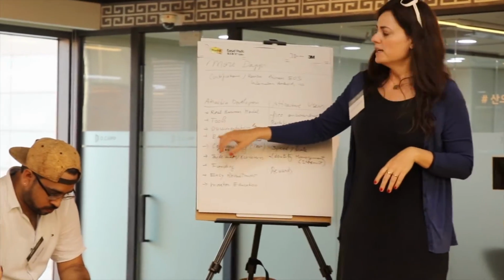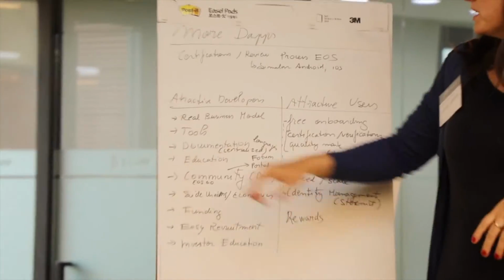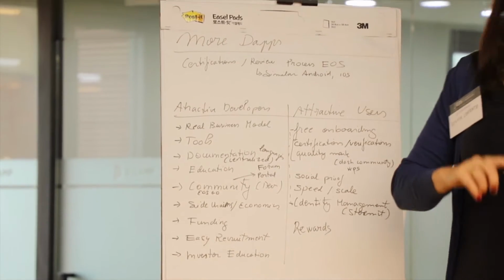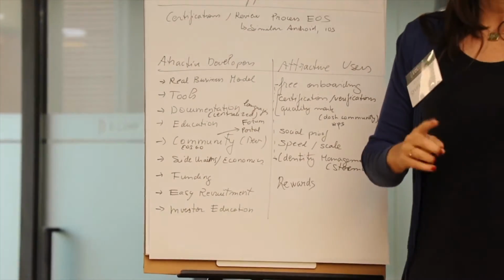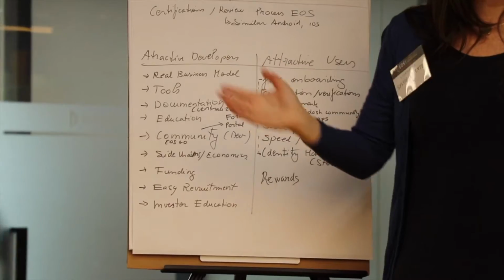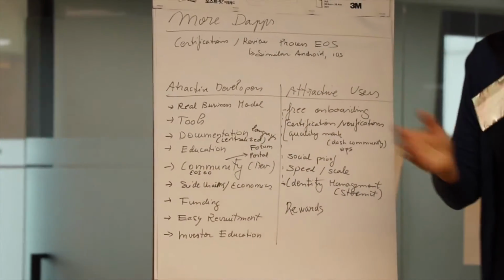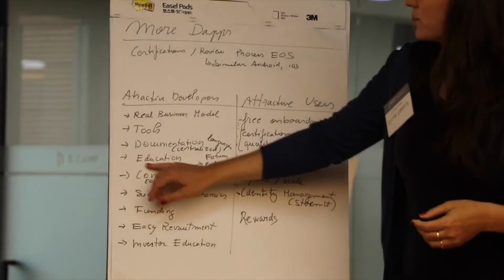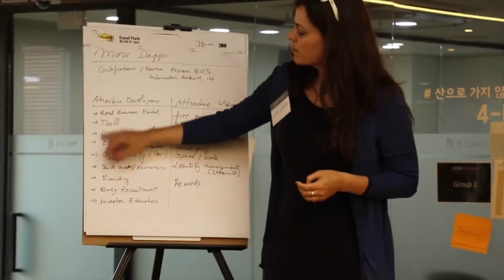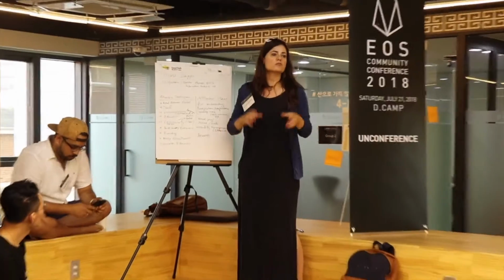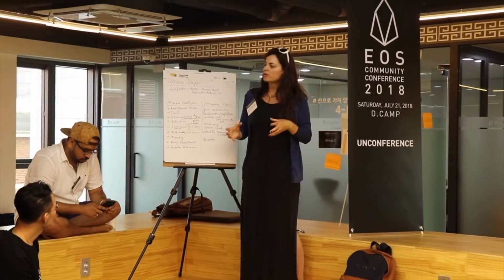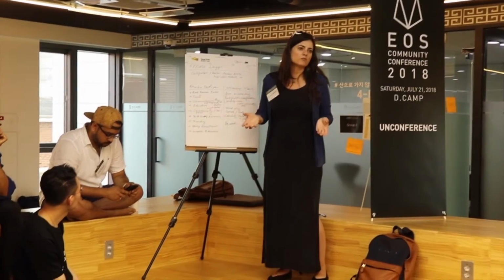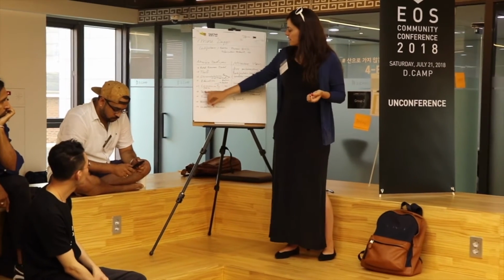They need tools as well to make it easier to make apps. Documentation, centralized and translated in different languages, is now a real big issue because everything is super scattered in different GitHubs and partly documented and definitely not translated. So there is education, basically everything related to education for developers. If we compare it to the iOS and Android worlds, those two platforms did it very well for developers. We need something maybe like that.